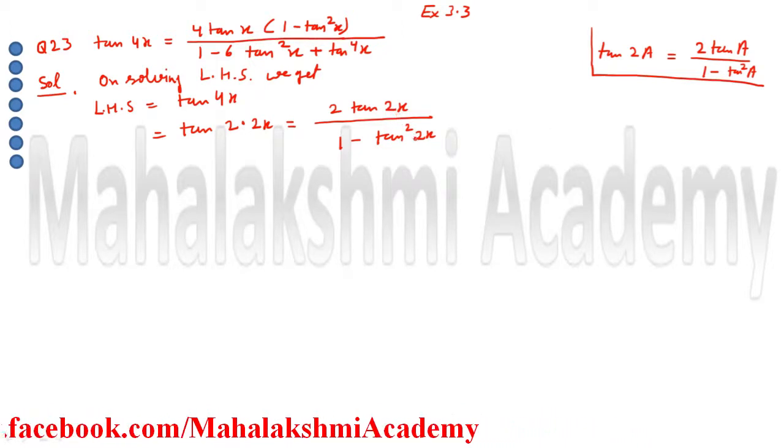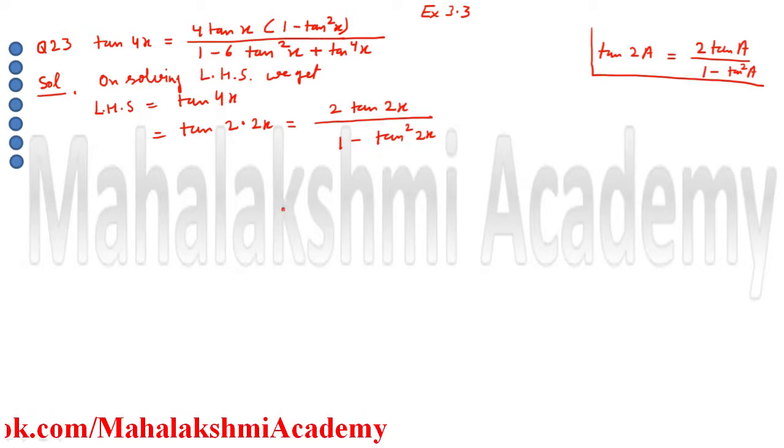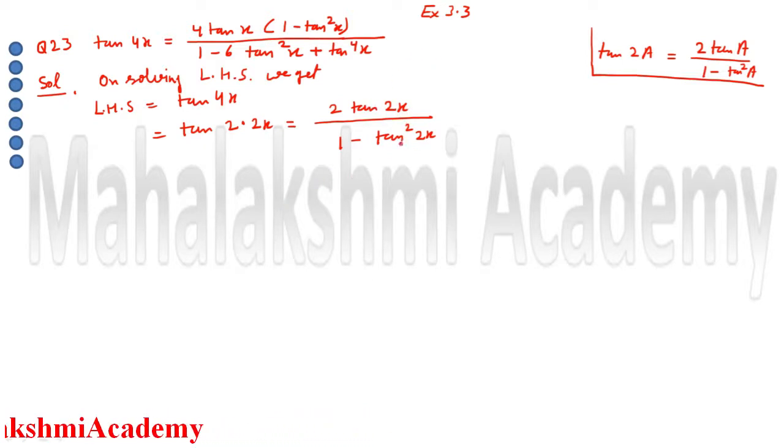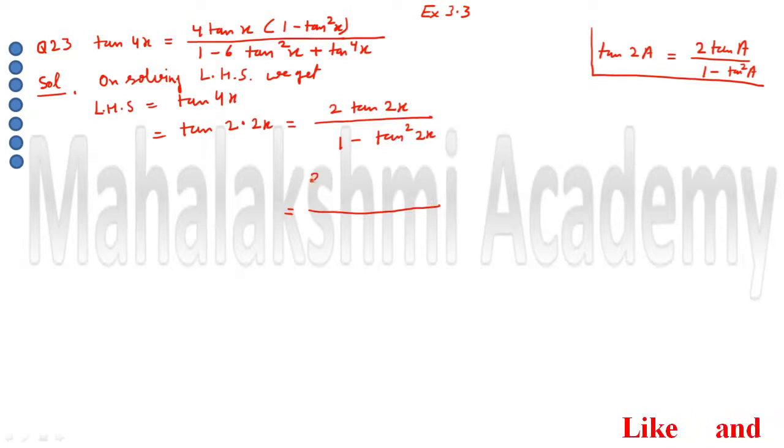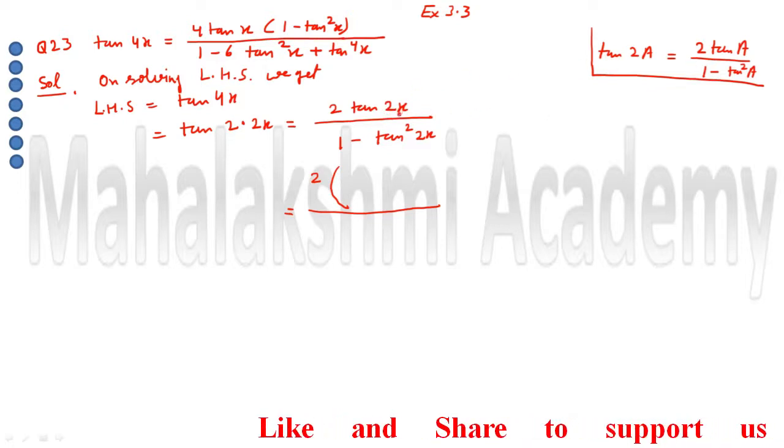The conclusion is that again we have to use the formula. In tan 2x also use the formula, and here also use the formula. So students, when we use the formula, this 2 will come as it is. Then use the tan 2x formula again, the same formula here. So what is a this time? This time a is only x.